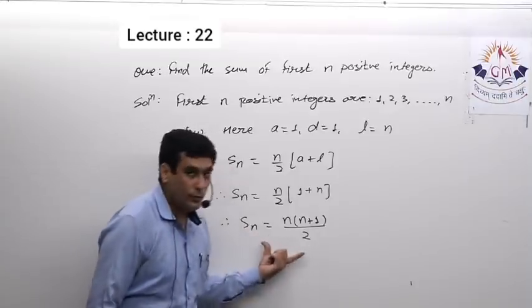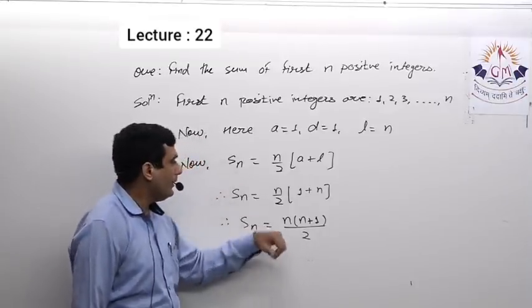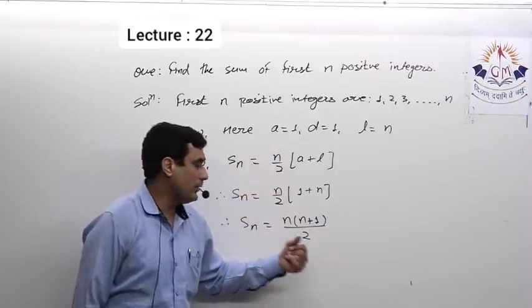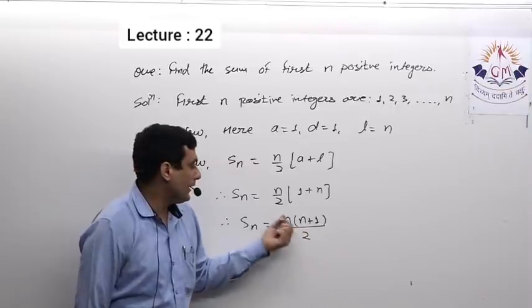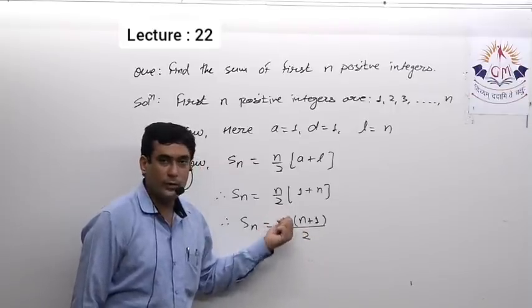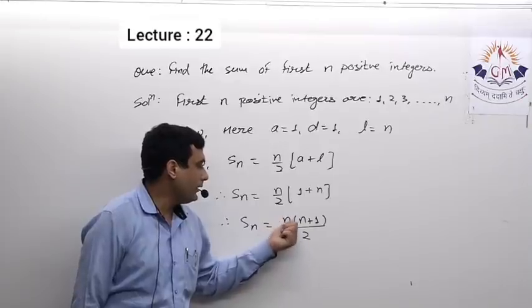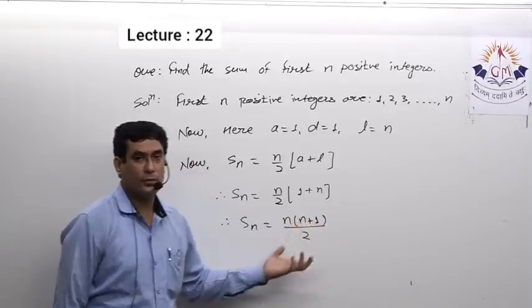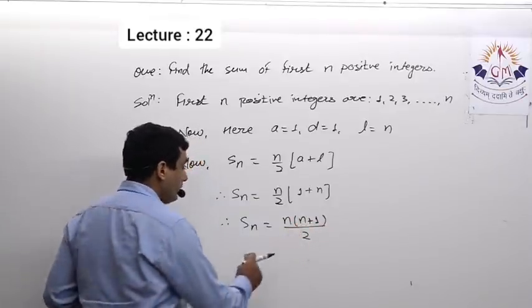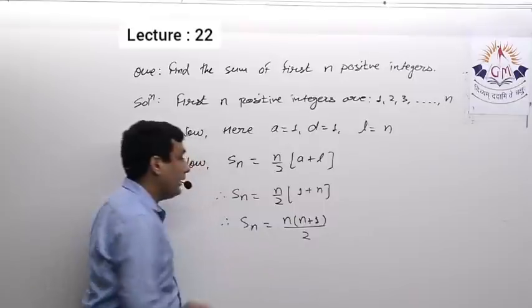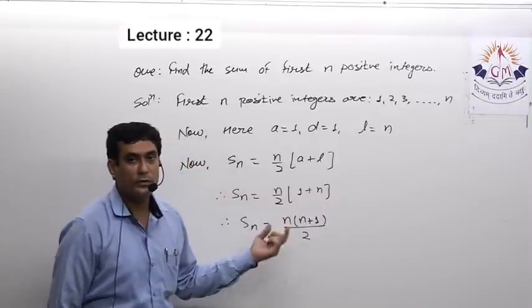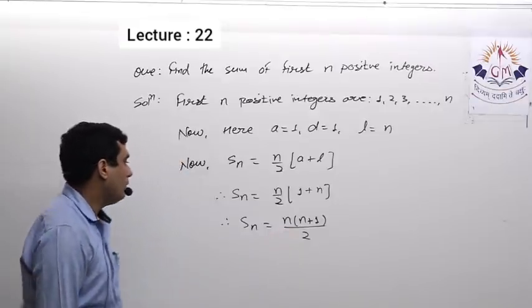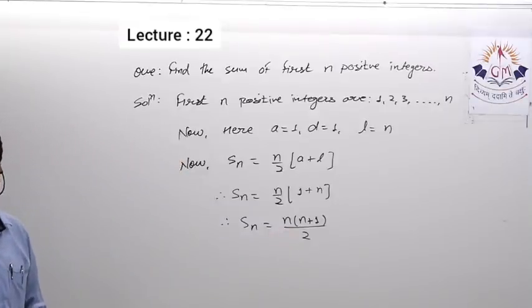See, we can use this formula directly. For example, in the previous sum it was asked to find the sum of first 1000 natural numbers or 1000 positive integers. I can simply put n equal to 1000. So you can see here you will get 1000 into 1000 plus 1 divided by 2, that is 500 into 1001. So you have to remember this, it might be asked in an MCQ part: what is the sum of first n natural numbers. So you should remember n into n plus 1 by 2. So please note it down, then we'll see the next question.